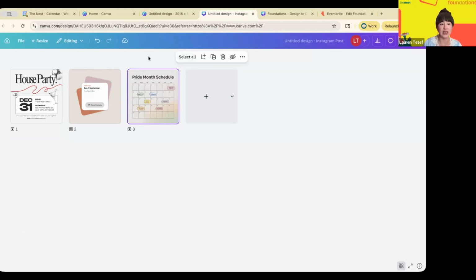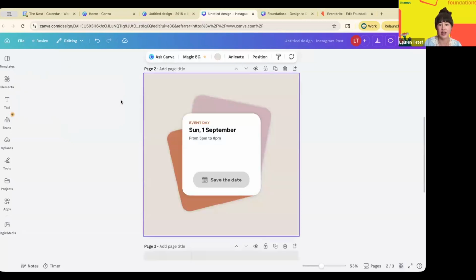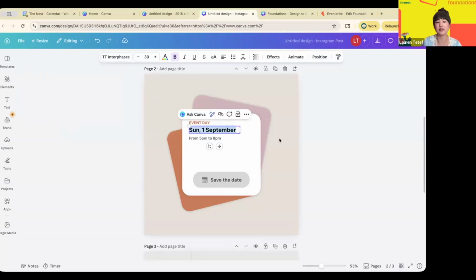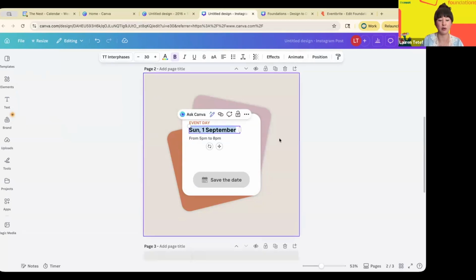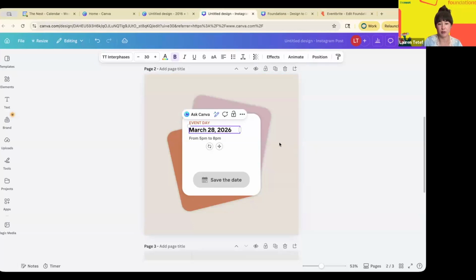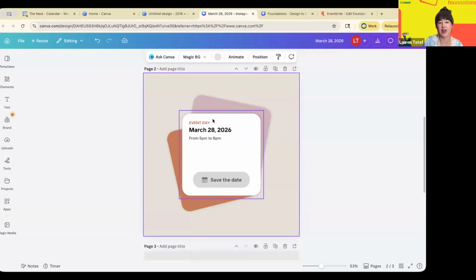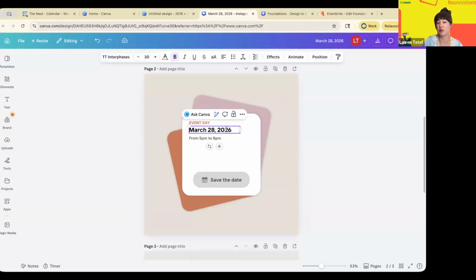Okay, so we're going to talk about key functionalities. So we're going to look at this right here, and we're going to just start to play around with this one. So I am doing a dinner on, I don't know, I can't remember when my dinner is, March 28th, maybe? I can only remember dates if I'm actually looking at the calendar. And so I can start to double click in here, type around,